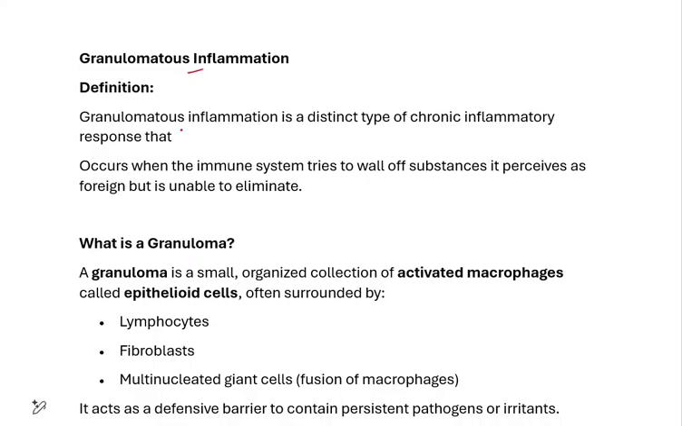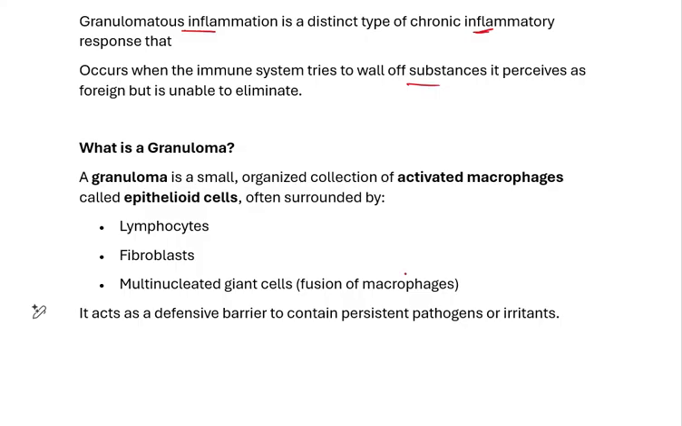So granuloma, by definition, granulomatous inflammation is a form of chronic inflammation. This occurs when the immune system tries to wall off a particular infection. So if they can't kill the infection, they can wall it off and form a granuloma in that area. Or if somebody has a foreign body, that could also lead to granulomatous inflammation. So what is a granuloma? A granuloma is a small organized collection of activated macrophages. When this macrophage gets activated, then they're going to form what we call